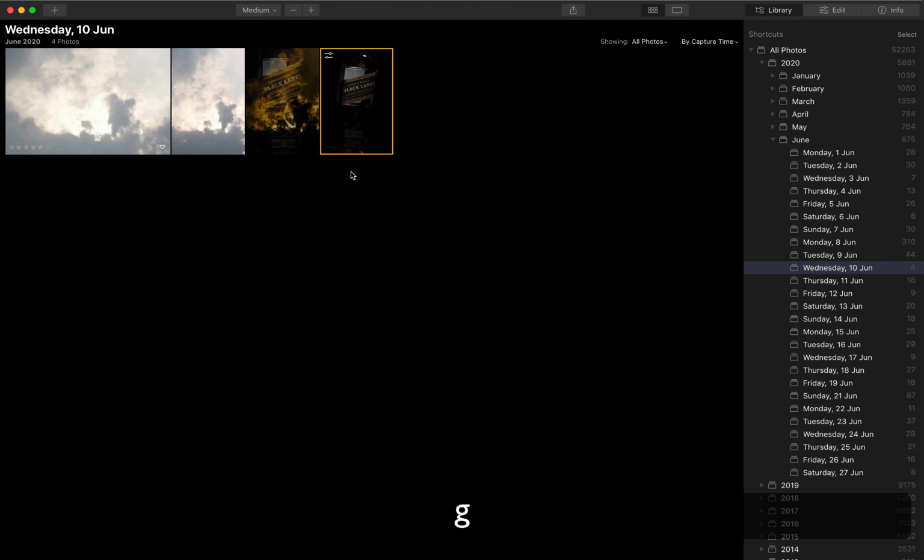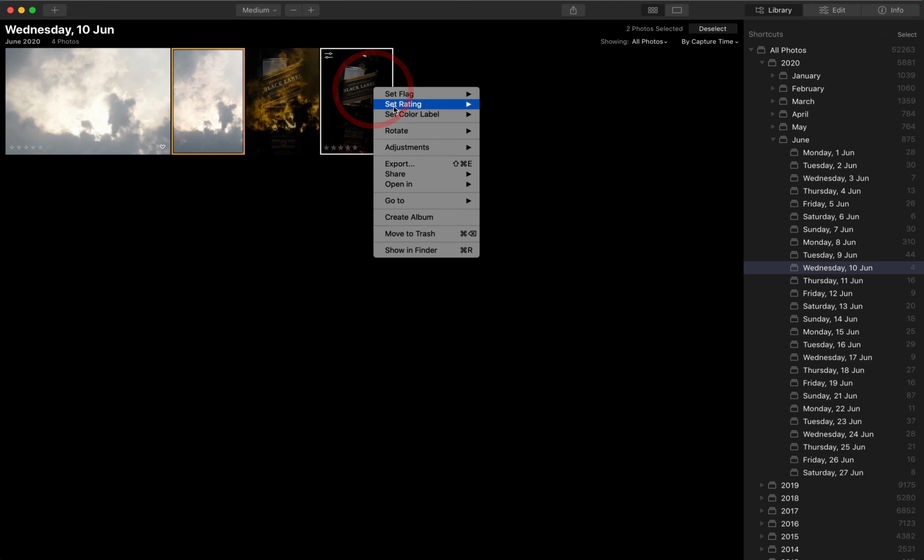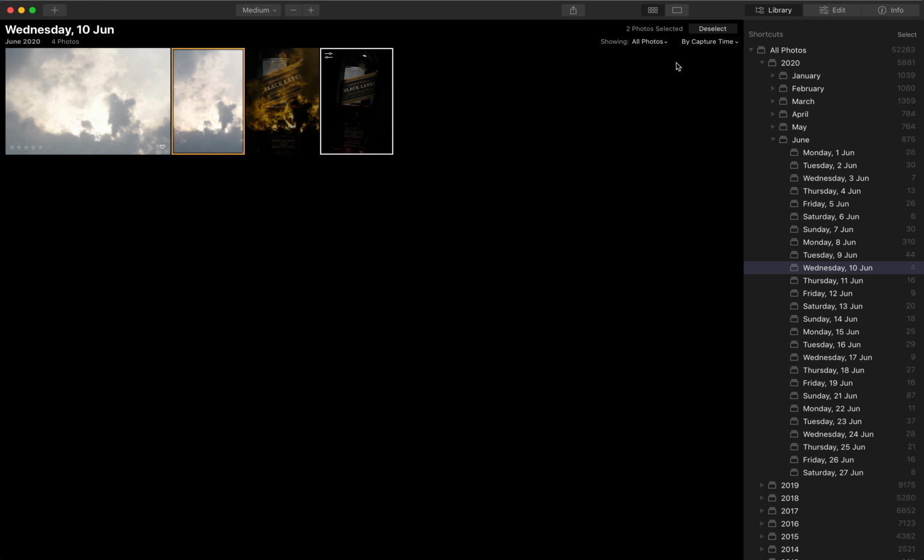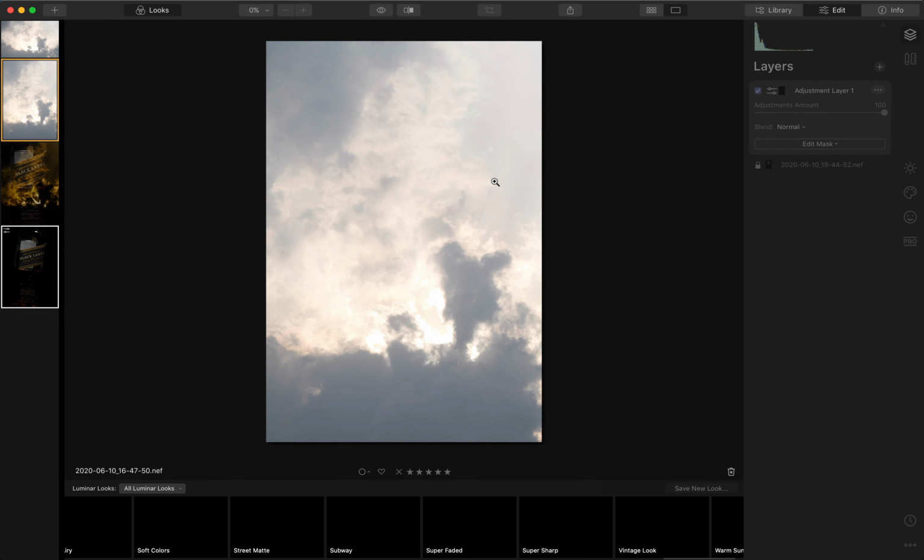Okay, the other part is going to the grid mode. Let's say I want to work with these two images as layers. There is no way that I can open these as layers. I can only do one image at a time.